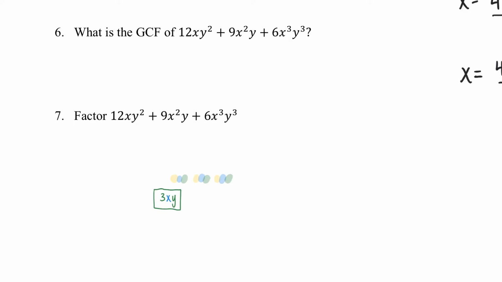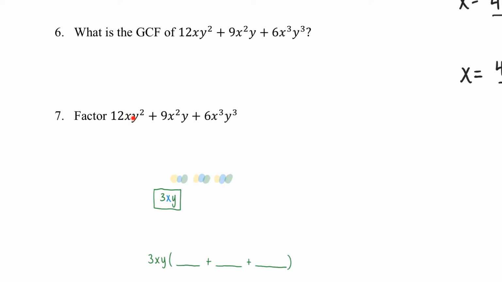Many of you factored number 6. You factored this expression, but all they were asking for is, hey, what's the GCF? What's the greatest common factor? Number 7 wants you to actually take this, and it wants you to factor it. So what you're going to do is you're going to take the greatest common factor out, right? We know it's 3xy. And then what you're going to do now is you're just going to put in what's left over for each term,